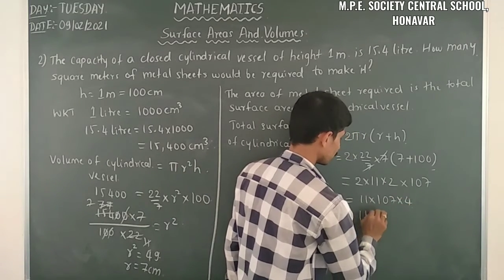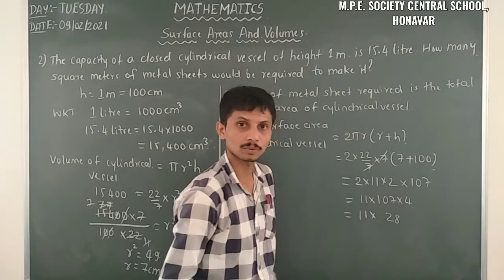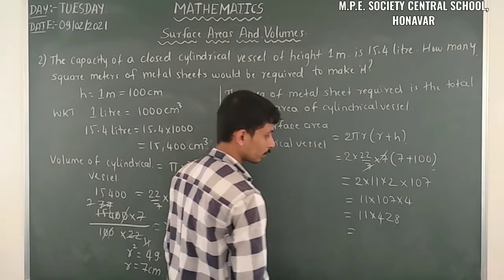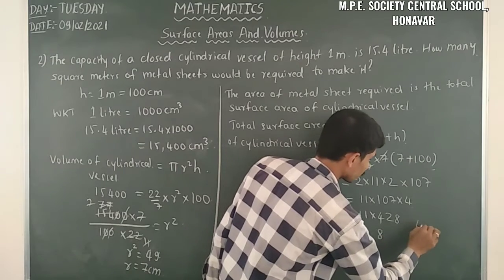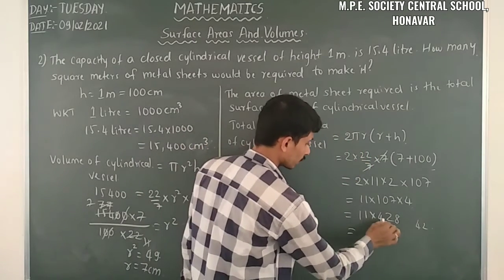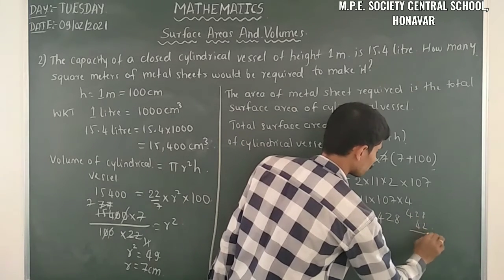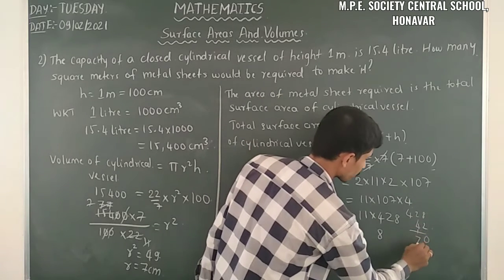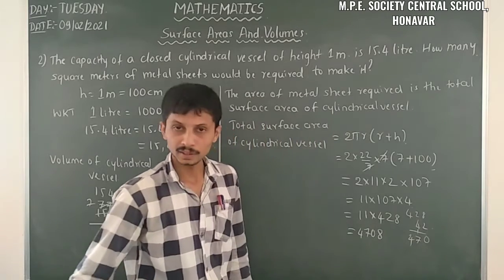So is equal to 11 into what happens? So 7 into 4, 28. Here 0 we have, so 2 comes here, and 4 on 4. So is equal to 428 into 1, 428, and 8 remains, and 48 here, 48 remains, 42 remains here, then 428 into 428. So here we have to add those two things, and 0 and 1 we have, so 4, 5, 6, 7, 470, 4,708.